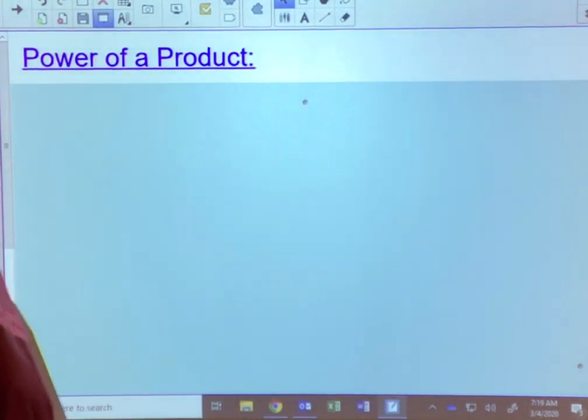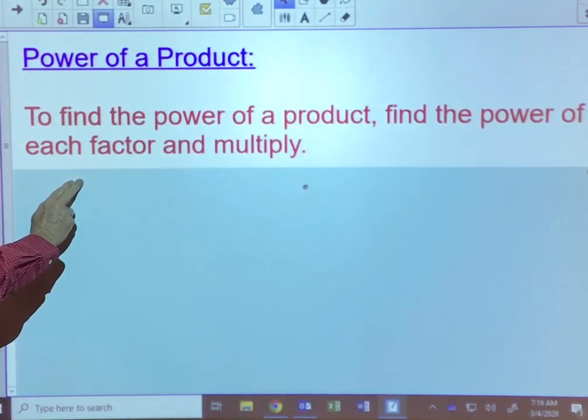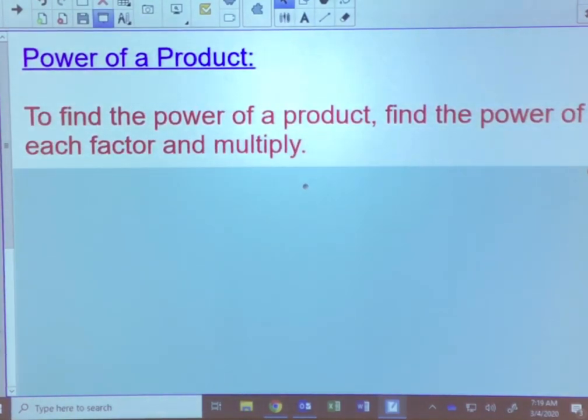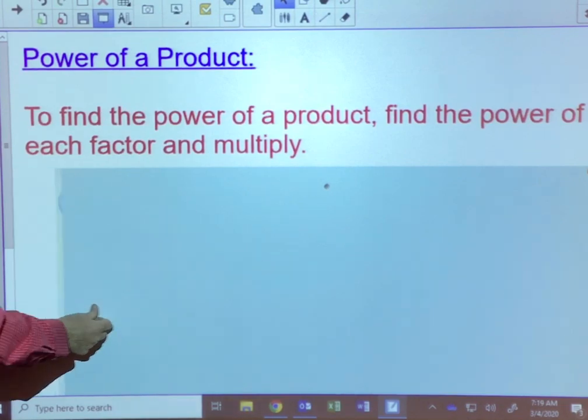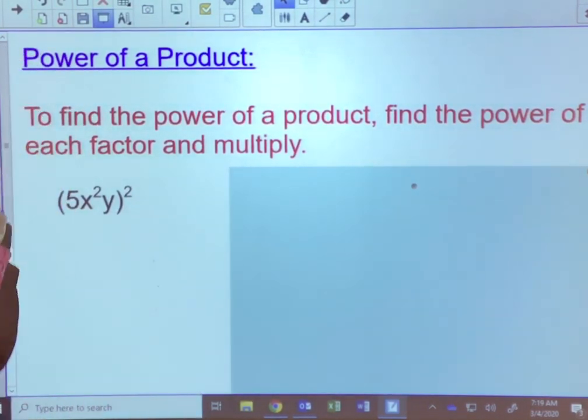Next, I want to go over the power of a product. Basically, to find the power of a product, we're going to find the power of each factor and then multiply, because we're raising a power to a power. I want to work a couple of examples with you. The first one